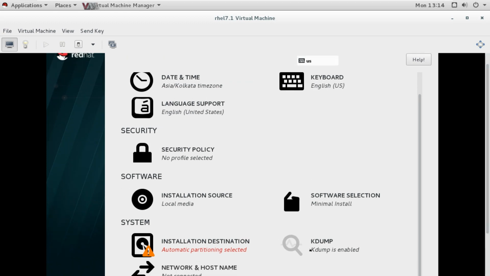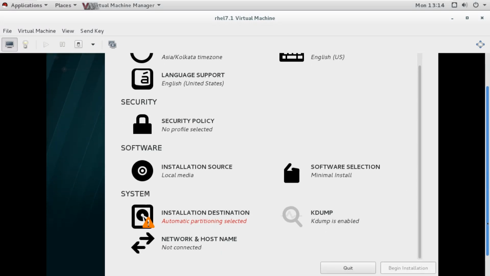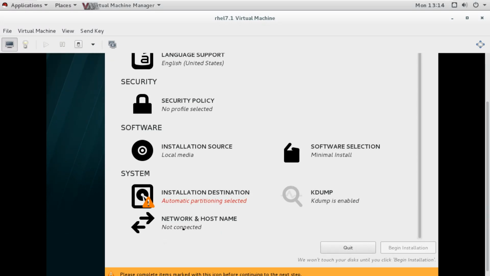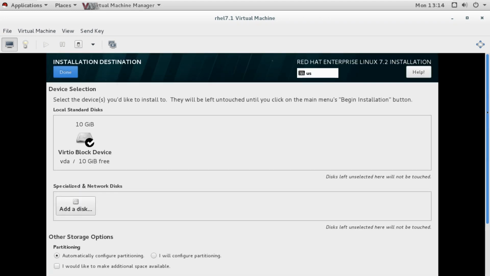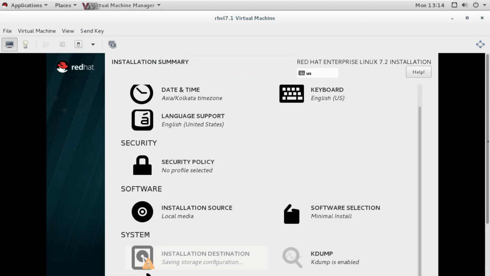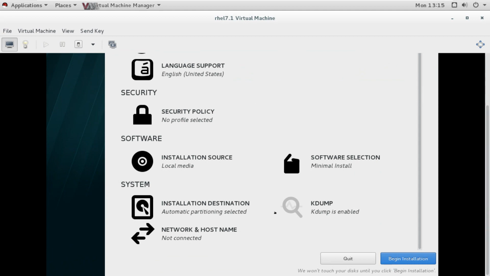Then kernel dump is enabled. Then if you want to configure your network, you can configure the network also. I'm going with the automatic configuration of partitions, so I'm not creating a custom layout; I want it to be installed quickly. So select all the options according to your requirement and then begin the installation.